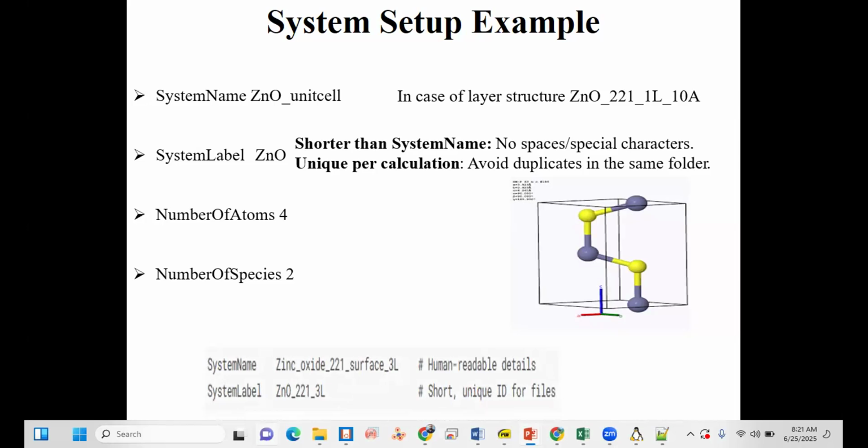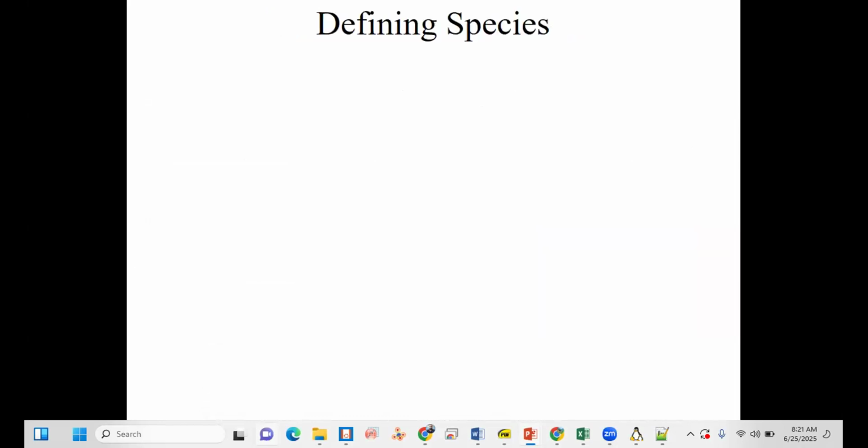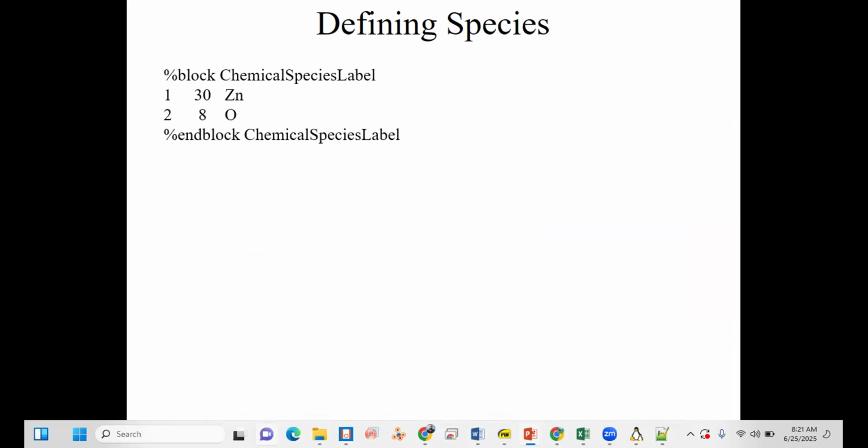We will go through each section in the FDF file, starting with defining species. We call it a block. The blocks start with the percent symbol, block, chemical species label. Then one is zinc and the other is oxygen, with atomic numbers 30 and 8.